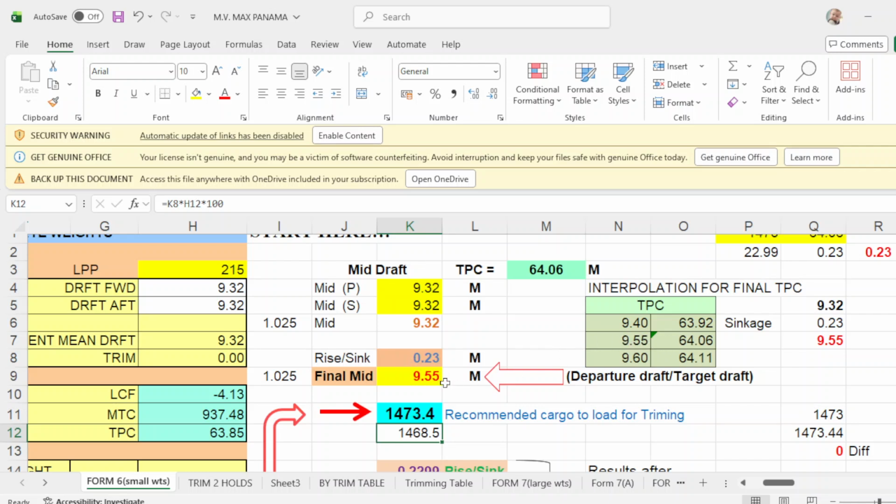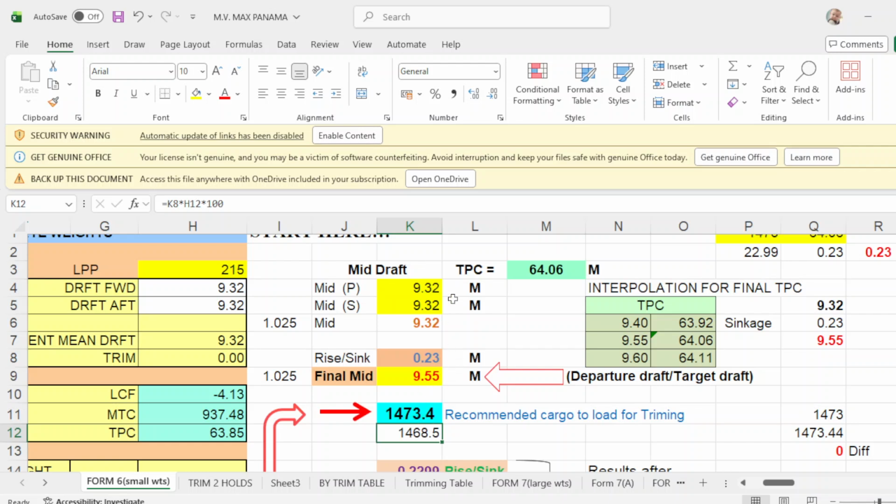Because this will be your final drop. Whatever your TPC here, this is the one you use for loading the remaining cargo, because the initial TPC is only from start of loading up to stoppage of operation. From this point going to your final departure drop, you have to use the TPC that will comply with your target drop of 9.55.